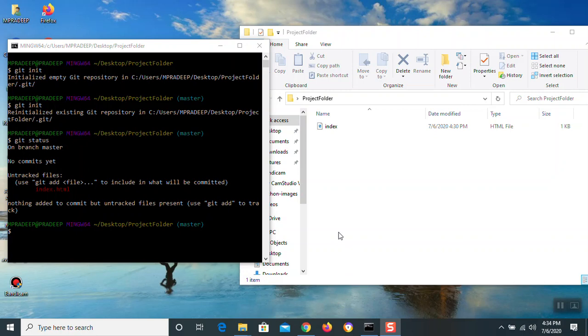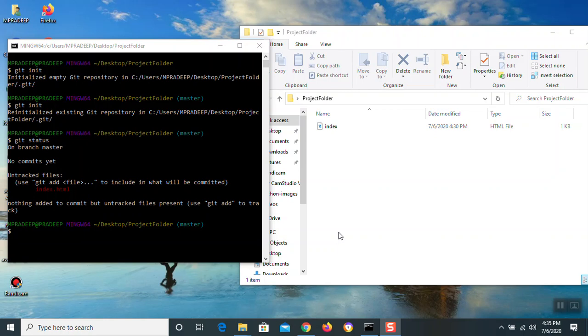Which means we have not added the HTML file inside the Git repository. This command shows you what you have actually saved to the repository. This is the untracked files.